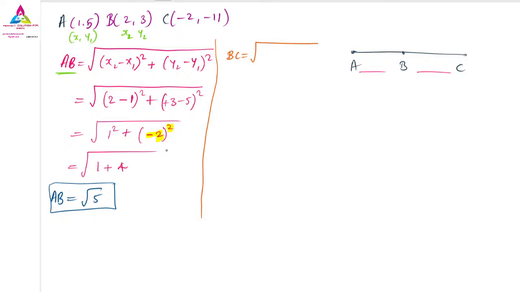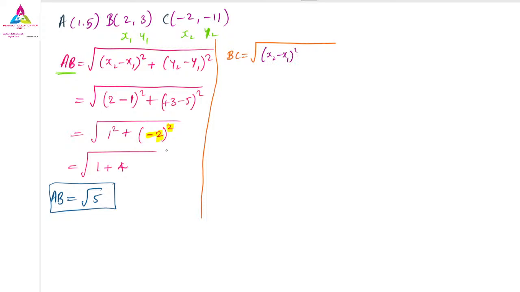BC also similar thing. So x2 minus x1 and y2 minus y1, once again, no need for the same formula, but now we are finding BC. Now the x1 will become 2 and y1 will become 3 and x2 will become minus 2 and y2 will become minus 11. So remember, every time it is going on changing, it will not remain the same. So what is the next? So x2 it is here